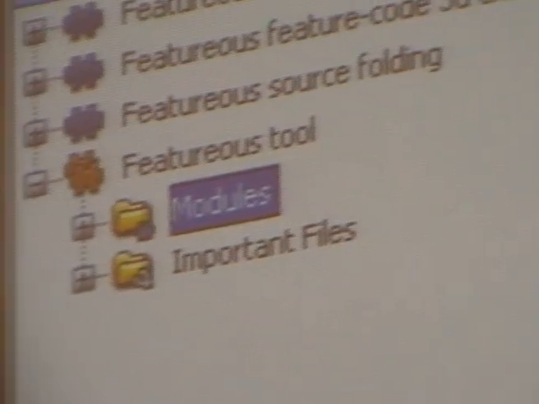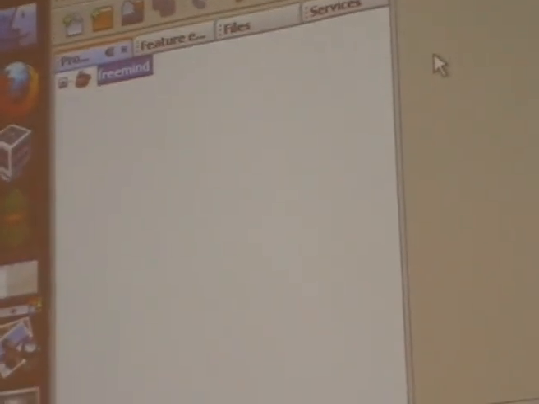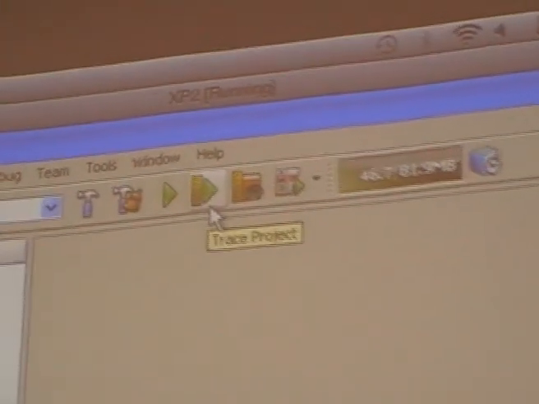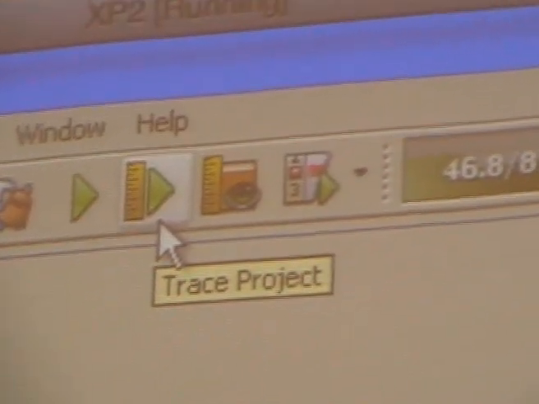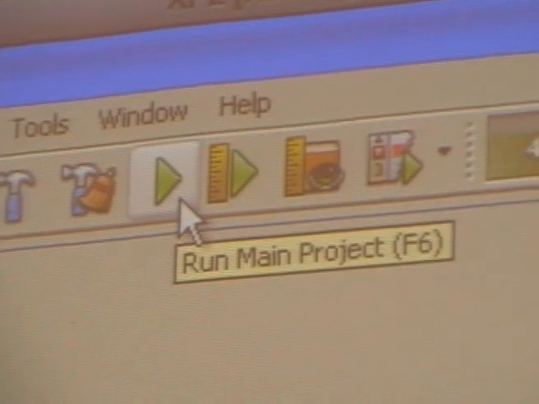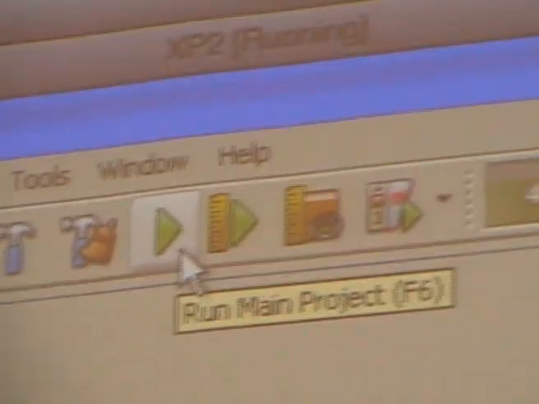So, I have already executed the tool. This is the NetBeans platform. The first things that you can see here are two new buttons down here. One of them is called Trace Project, which is basically a modification of the standard run main project button. This will basically